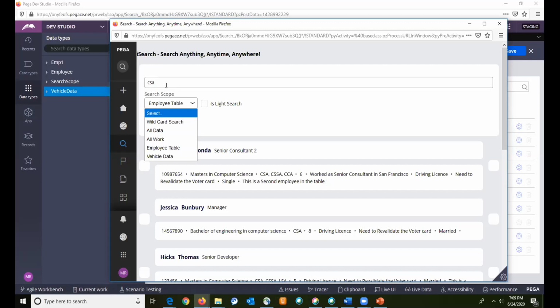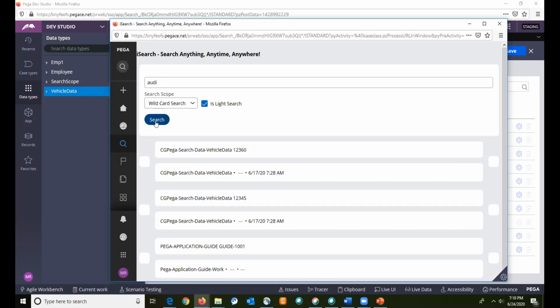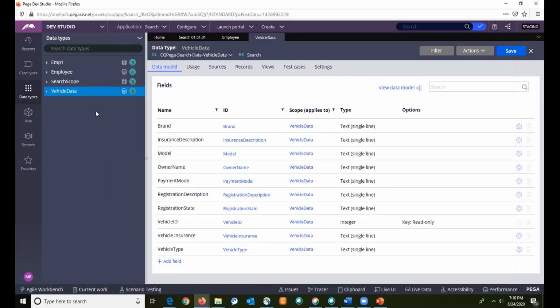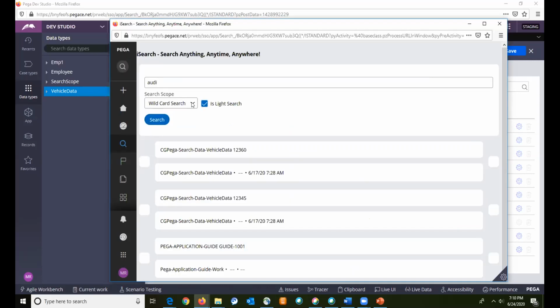For example, if I want to just search for a particular vehicle, say Audi, and I do not know where it exists, I can do a wildcard search and I will do a light search so that the results come up in a very quick manner. With wildcard search, what we have configured is that it looks into all the data and work tables and then brings up the results. Whereas if I do only a data search,